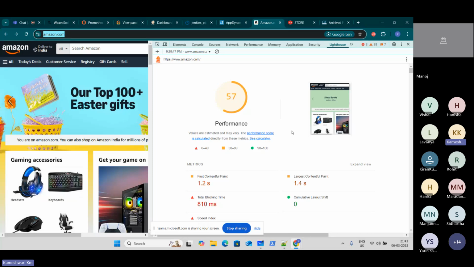But we know for sure one thing: if our server is fast, automatically for all the clients, whoever is using it, things will become faster. Isn't it? Yes. Because the server is connected to all those clients, right? So if I can optimize my server, then automatically all my clients will also become faster. That is one thing. Second is,